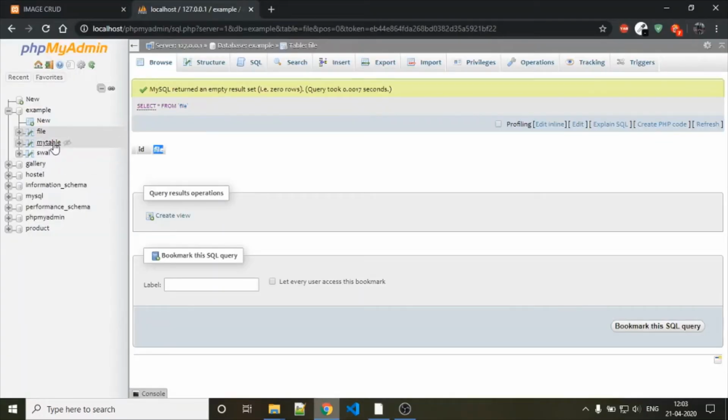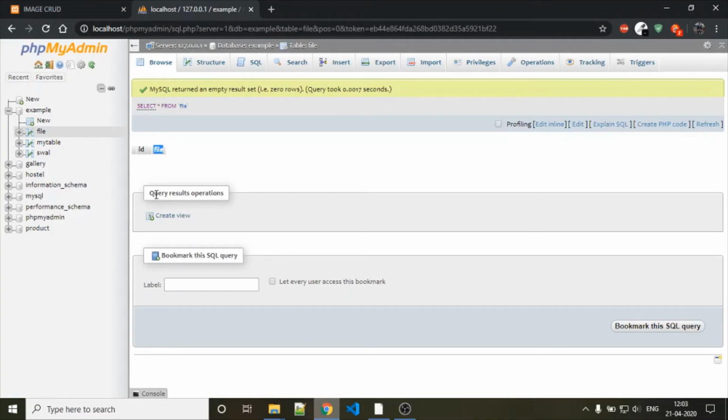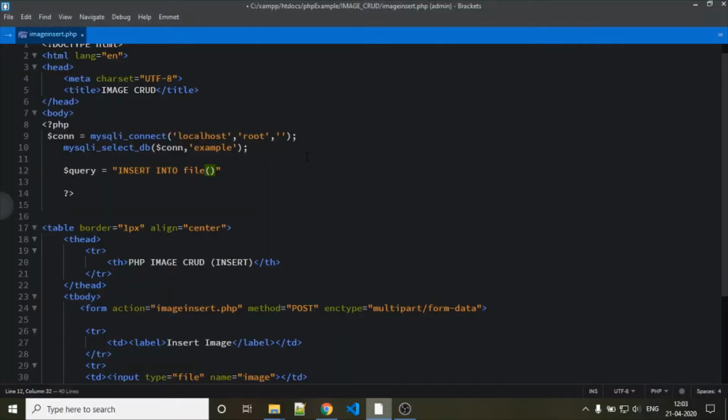In our case the table name is file, and the column name is also file, and values. So we are assigning values.